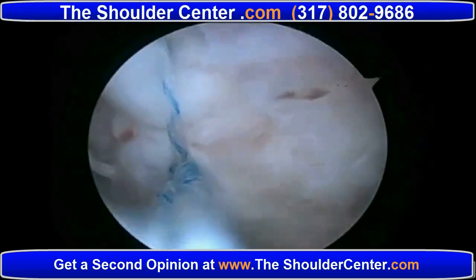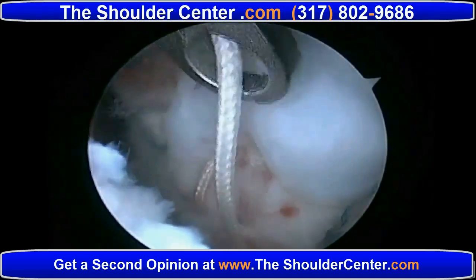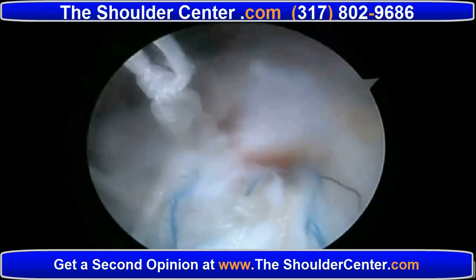So here we can see that the rotator cuff has been reduced nicely, and now we're going to finish up with the